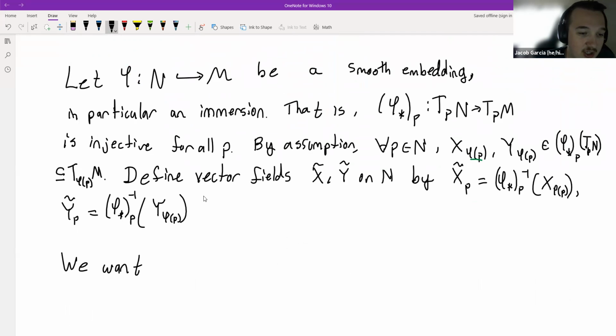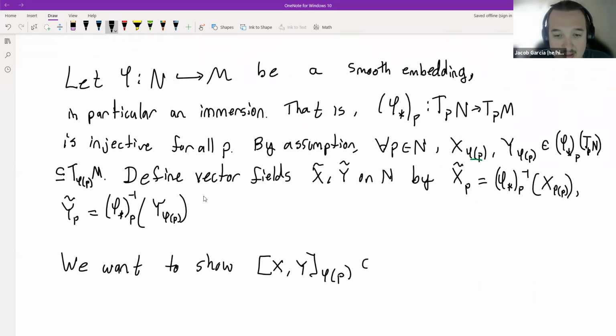We want to show that the Lie bracket [X, Y] at p is in the image